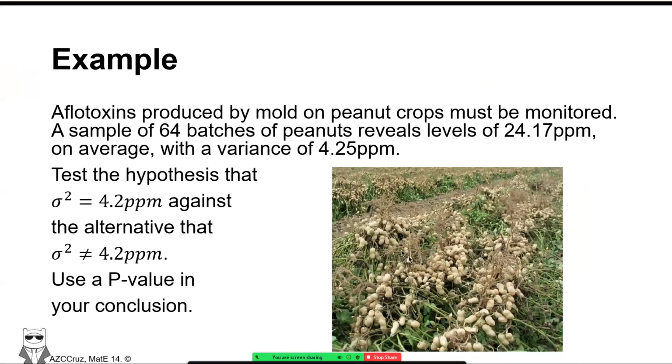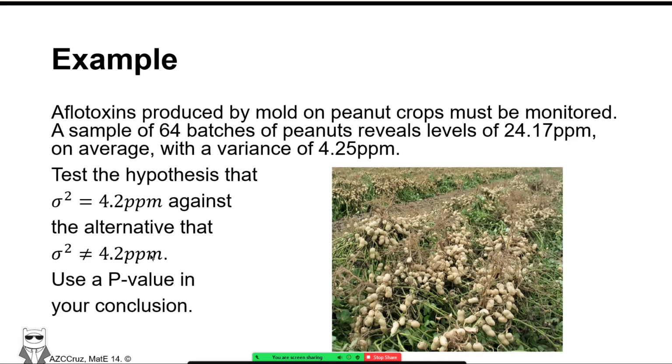Ito yung example ng purely case 9 siya. So, ito daw, aflatoxins produced by molds on peanut crops must be monitored. A sample of 64 batches of peanuts reveals levels of 24.17 ppm on average with a variance of 4.25 ppm. So, let's test the hypothesis that the true sigma value is 4.2 ppm against the alternative that the true sigma